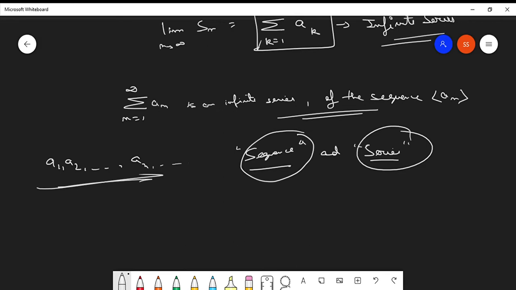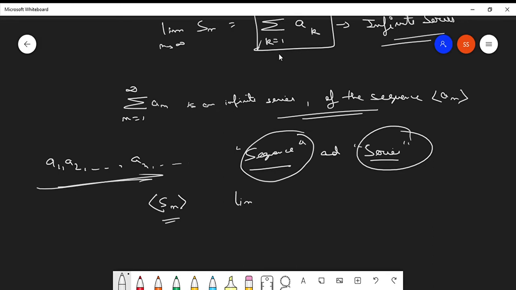Okay. So this is basically what we mean by an infinite series. Clear? Now this sequence we formed, Sn, is basically the sequence of the partial sums, and its infinite element is what we call an infinite series. That much is clear. So if this is a sequence, right?